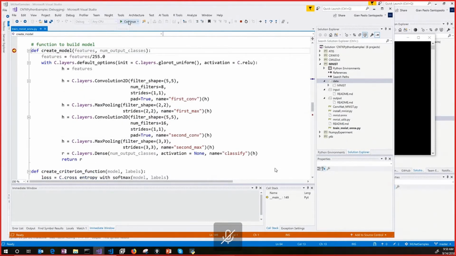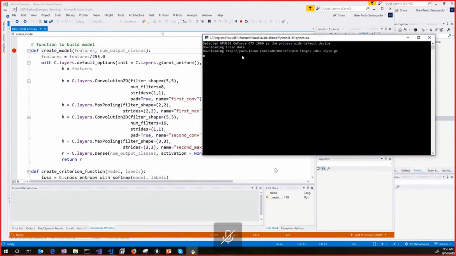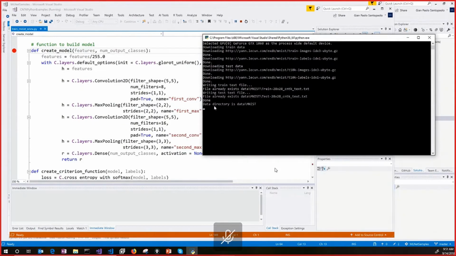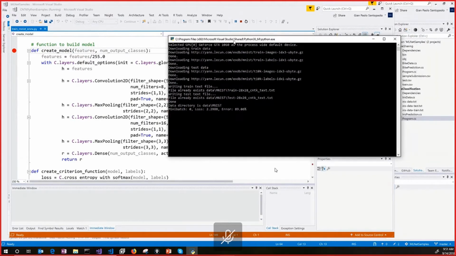And then the data gets downloaded. I have already done it locally, so hopefully it's not going to download it. And then, exactly, it's going to train our system.